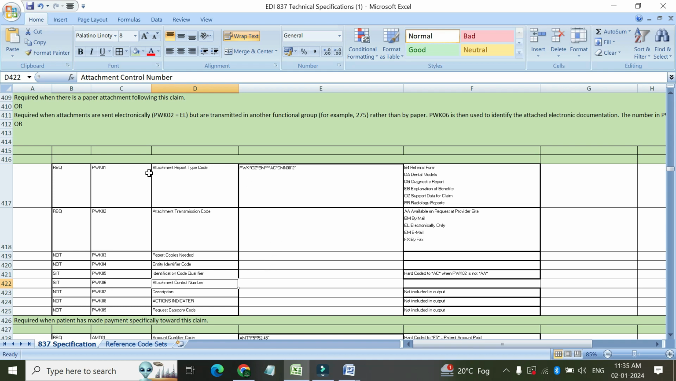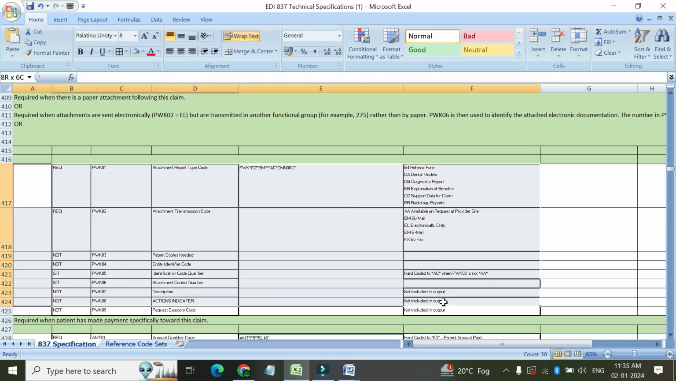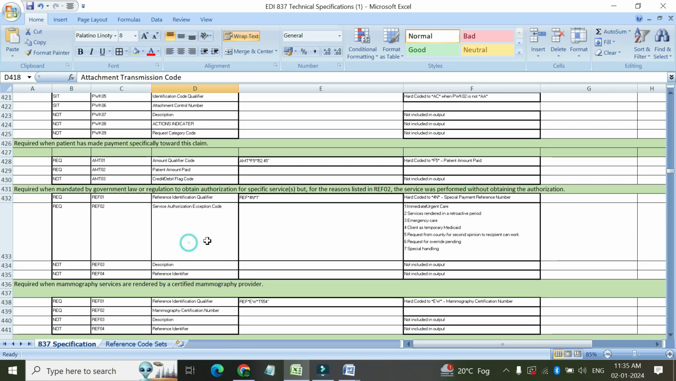So hope this PWK segment is clear. Understand the concept. The concept should be very clear. The concept is that if we are going to send any documentation for this specific claim, then the information about that document goes into PWK segment. Moving ahead, now